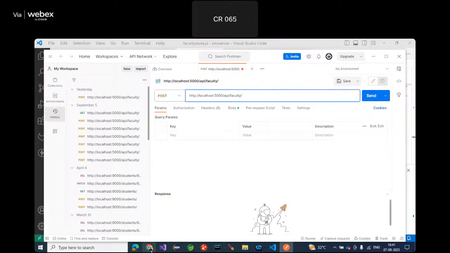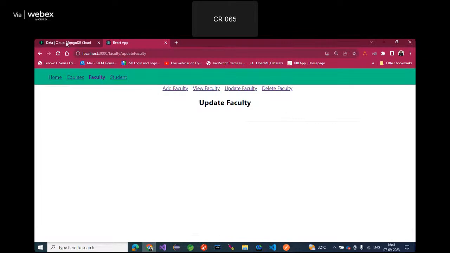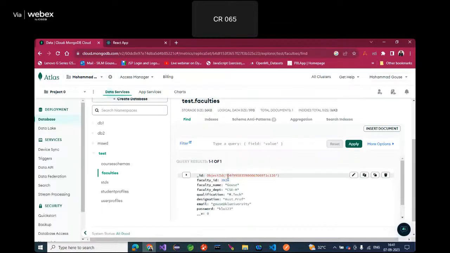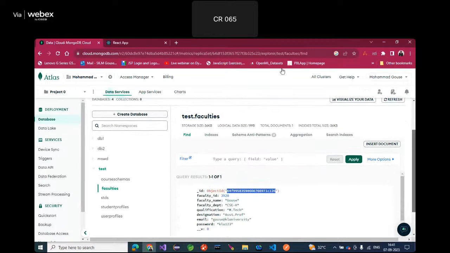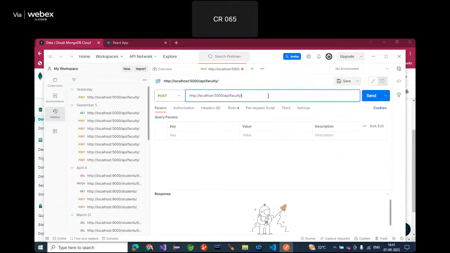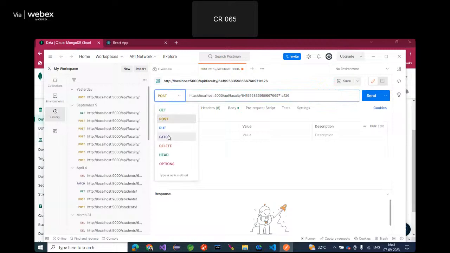See the database. This is the database. This is my ID, underscore ID. Copy. In this, I want to update qualification. Okay, all those things. So you just copy this ID, come to Postman, here use the parameter and apply patch,